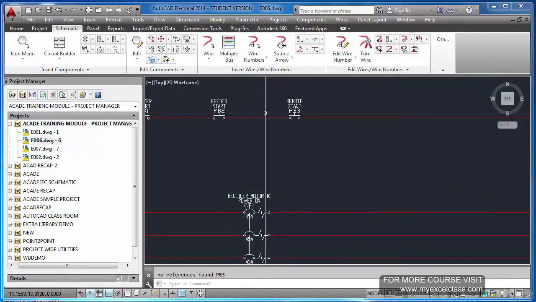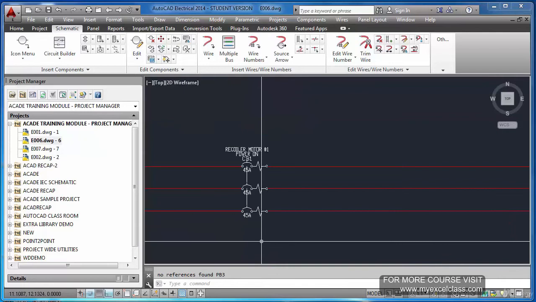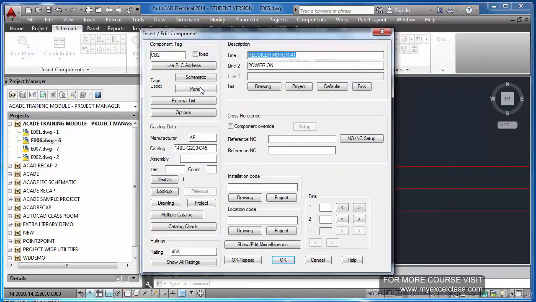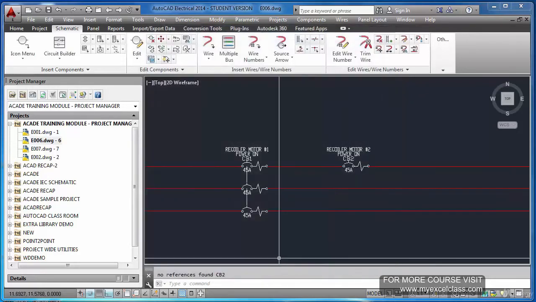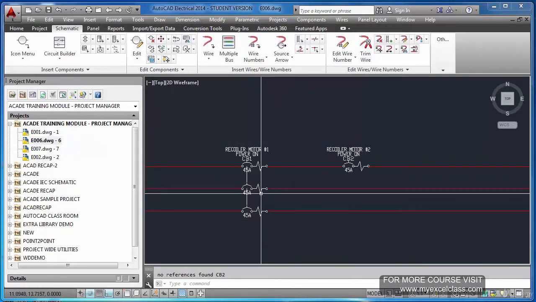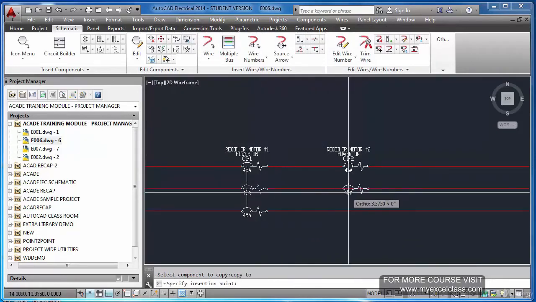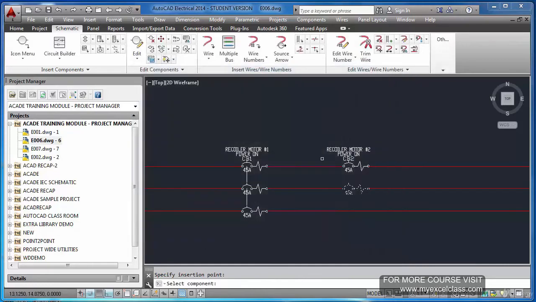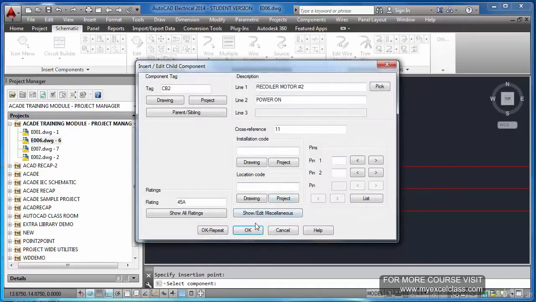I can copy also. Now let us try to copy this copy component. What will happen? It has become CB2. Now I am editing this into recoiler motor 2. Okay, see, I could only copy the first. These are different parts. Now I place it here, click this option, parent, select this.